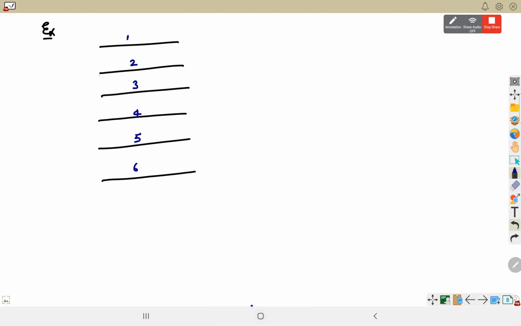Plate 2 is connected to 5. 1 is connected to 4. Here is A and this point is B. या X Y कर लेते हैं. A is for area. X and Y. Find the capacitance between X and Y in the following circuit.